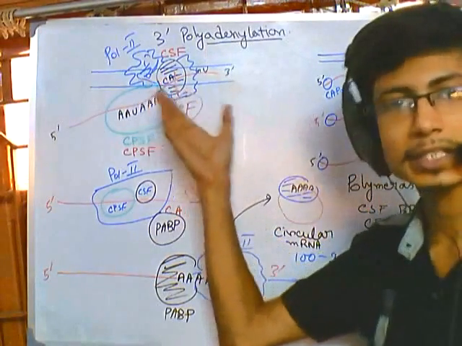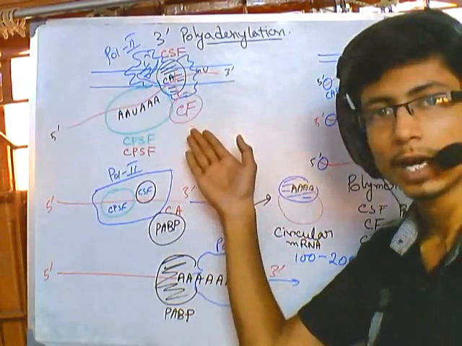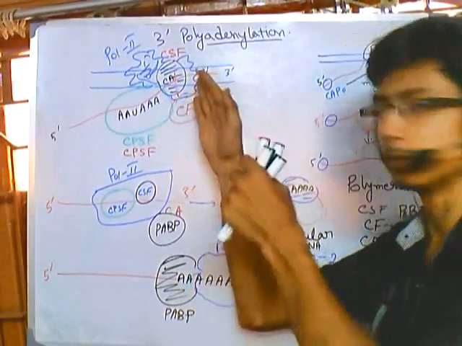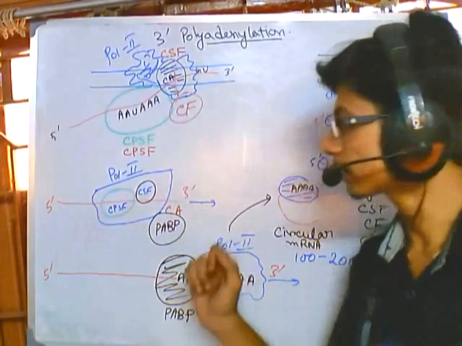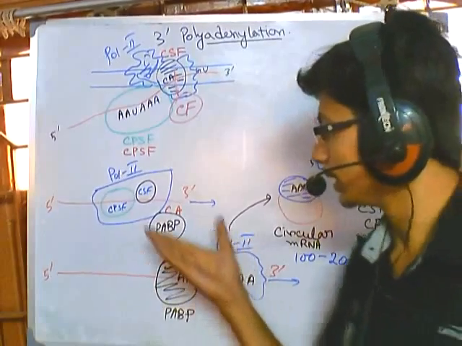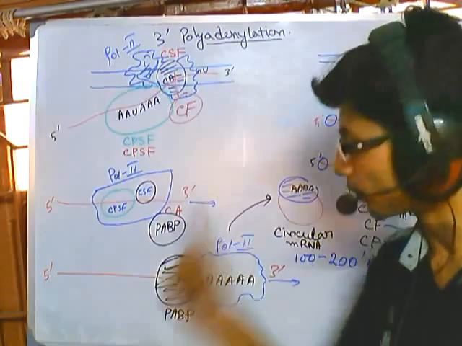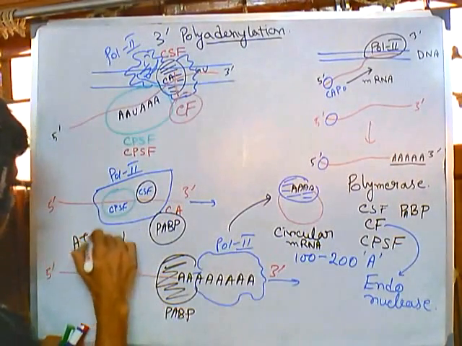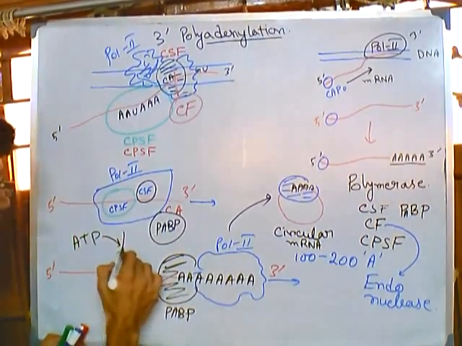So first, sequence recognition via CPSF and CSF, then the recruitment of CF. CF will cut exactly after the CA sequence in the 3 prime direction, then it will generate the mRNA, then they recruit polyA binding protein, or PABP, whatever you want to call it. Then polymerase will start adding polyadenylation residues. For this we must have access to adenines, so we need a lot of adenine, and all this adenine we require will be in the form of ATP, and it will produce